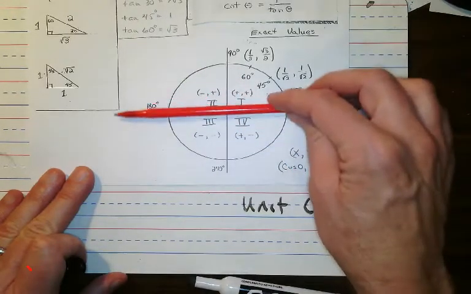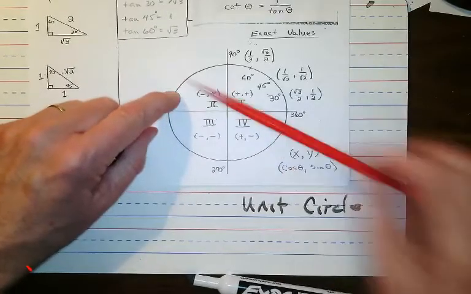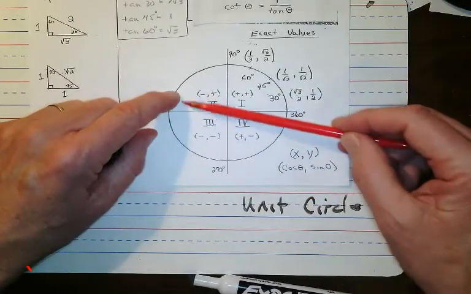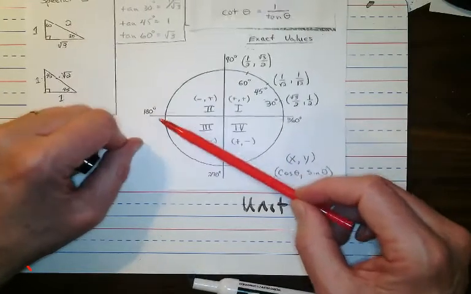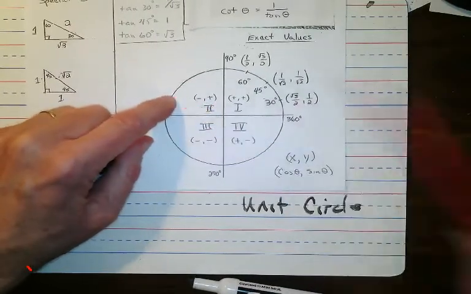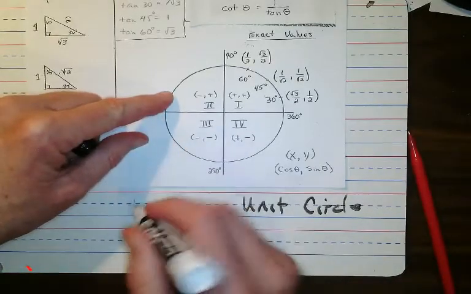So if I had an angle that was up here 30, if I had an angle right there at 30 up, what would that be? Well, it would be 30 away from 180, remember? So if my angle was 150,